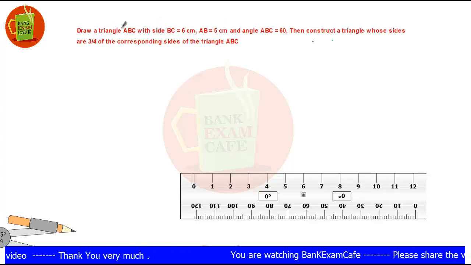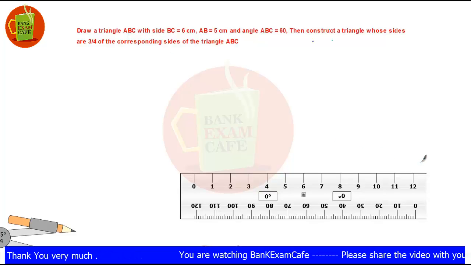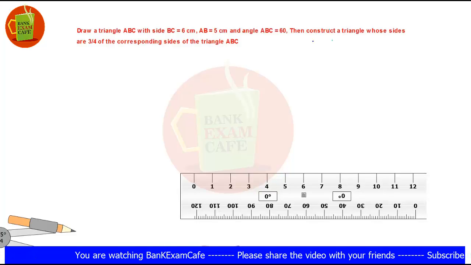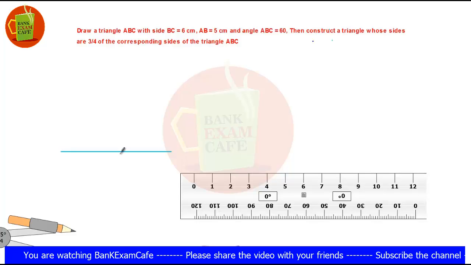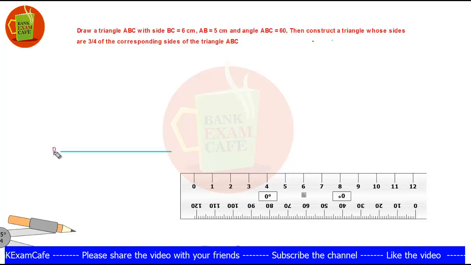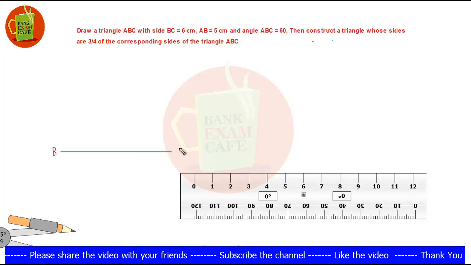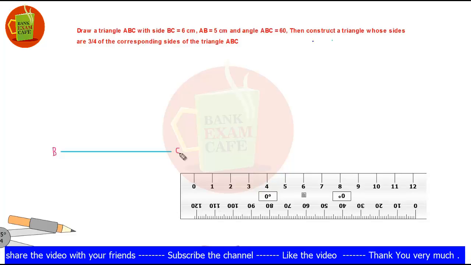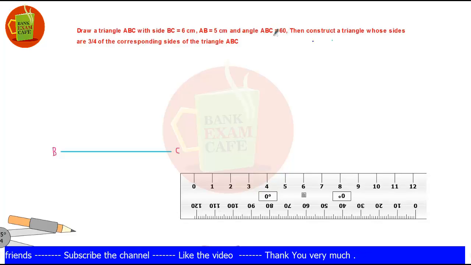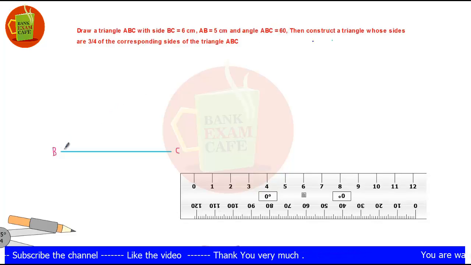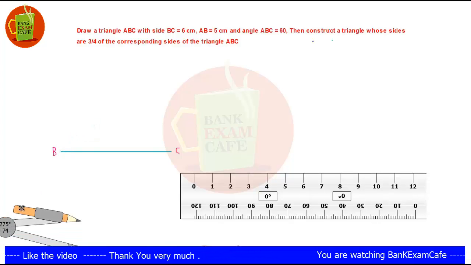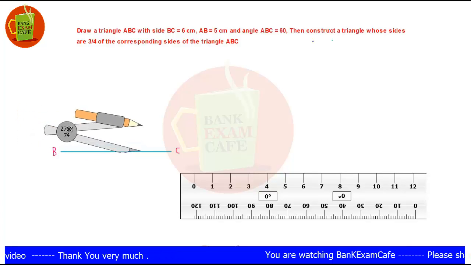So to construct a triangle ABC, first draw BC equal to 6 centimeter line segment. So this is BC as 6 centimeter line segment. Let this point be B and this point is C. Now angle B is given at 60 degrees, and therefore construct an angle of 60 degree at B. To construct an angle of 60 degree at B, take B as a center